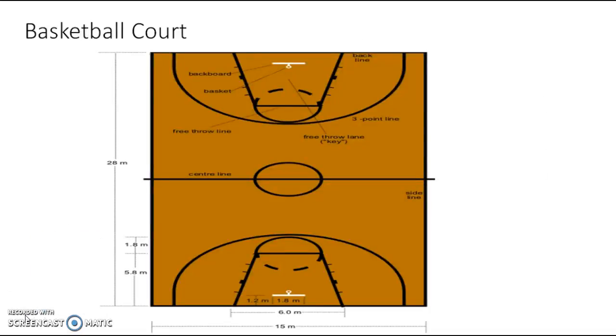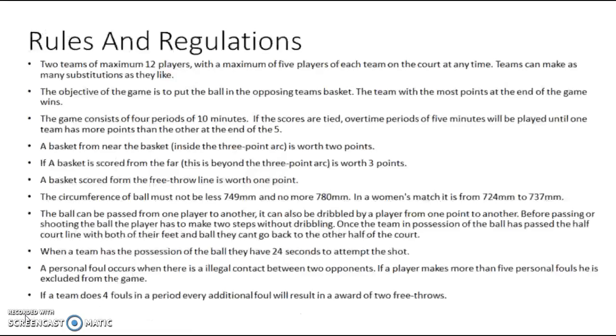So this is a basketball court. It has a width of 50 meters and a length of 28. So there's a maximum of 12 players in the match. It's 6 aside. Then the objective of the game is to put the ball